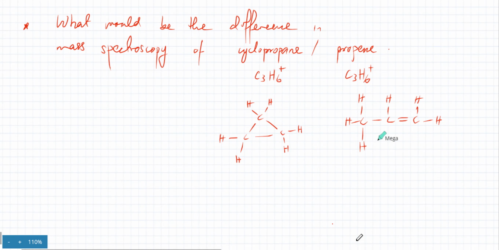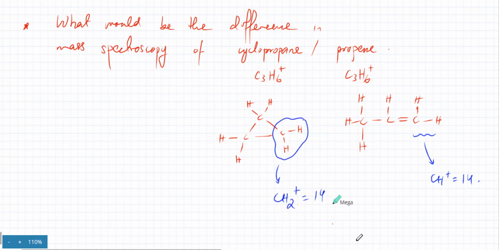Like, at what mass? For example, let's say I get a fragment of CH2 plus 1 in my detection, that is, at the mass number of 14. Is it possible to get the same fragment in the other molecule as well, having the same mass? Is that possible? No. Nikki, why is that not possible? What if this CH2 breaks off? What fragment would you get?